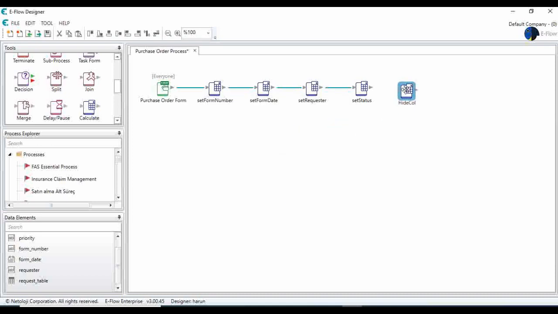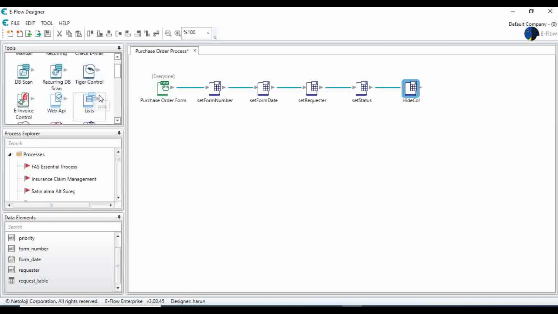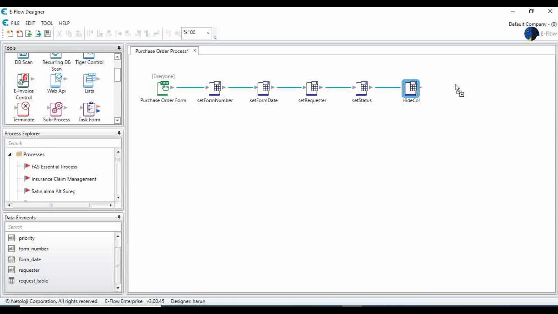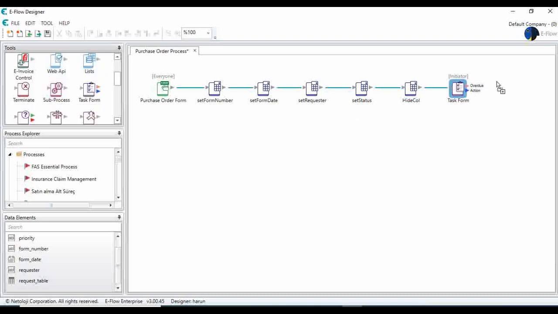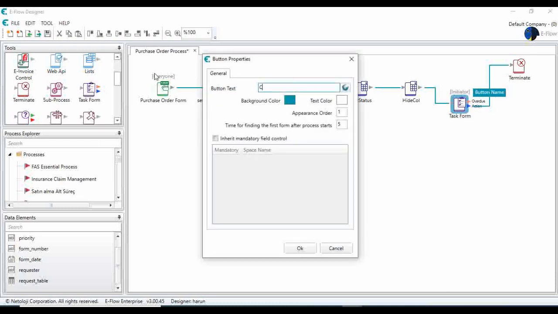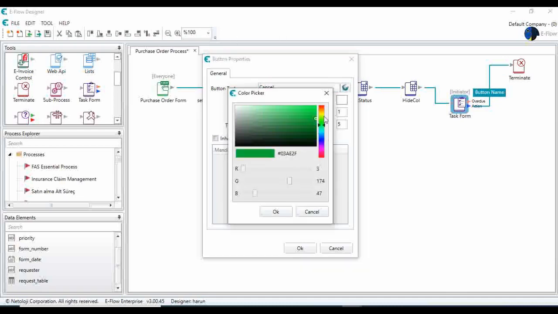Alright, so before the requester starts the process, I will hide some columns, and now I can just bring a task form here. Let's find our task form, drag and drop here, and so let's add one terminate tool. So if the process is started by mistake, the user can cancel the process. Let's add this cancel button with the background color of red,